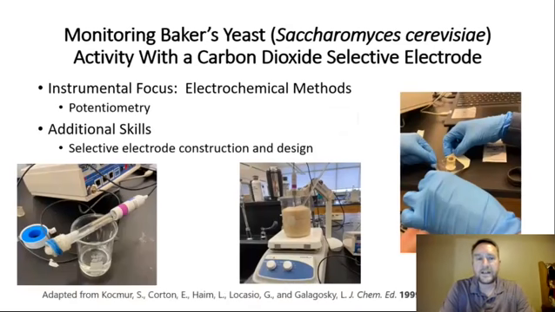The most recent and last programmed experiment that the students engaged in was to monitor Baker's yeast activity with a carbon dioxide selective electrode. They really had a good time with this one because they had to build that electrode. So they took a pH electrode, modified that pH electrode with a gas permeable membrane, and then had to characterize the behavior of that electrode, create a calibration curve for it, and then used it to follow the carbon dioxide